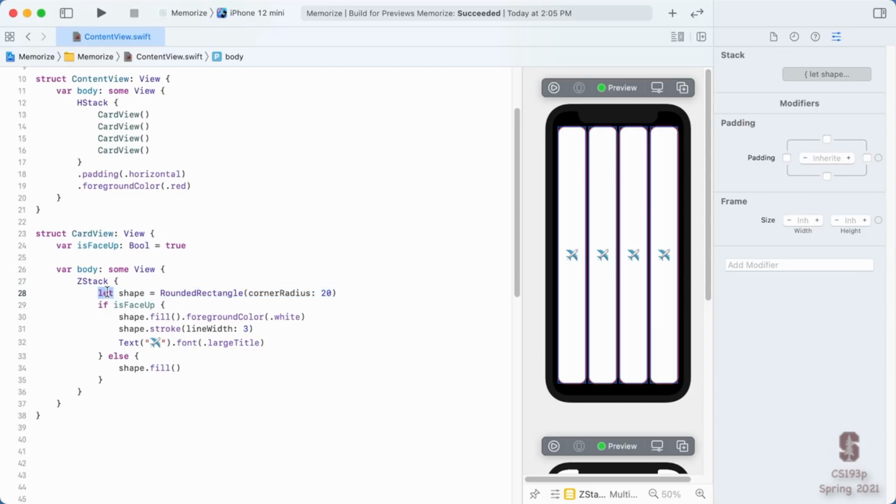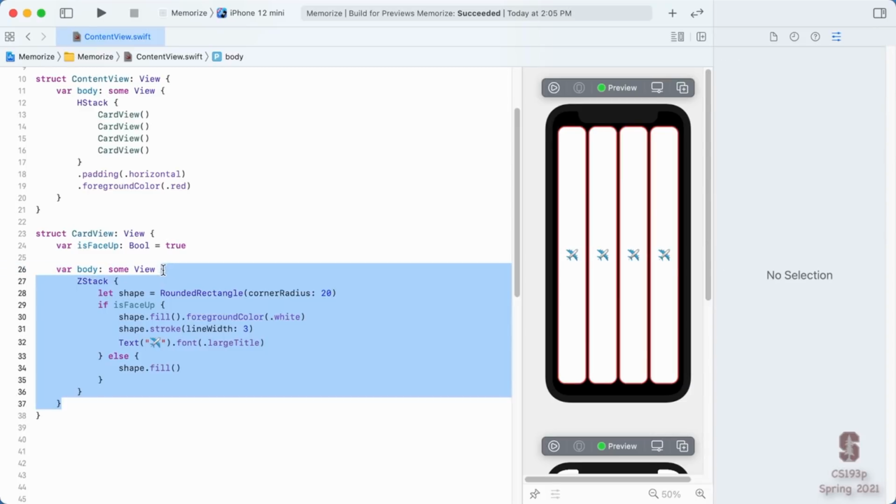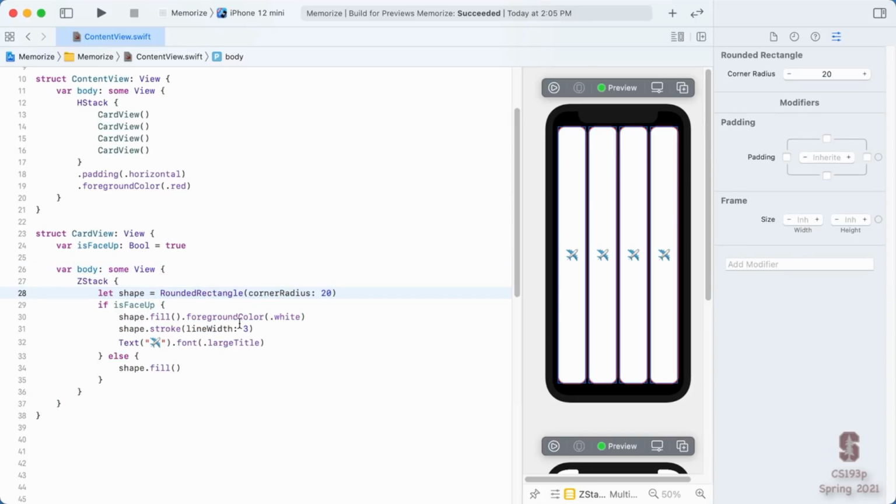So we always want to use let when we're defining variables that are not really variable, they're constant, and use var when they're variables. Now this is a var because it's changing every time someone asks for it, because it's executing this function to find the value. So lets are just constants that we set things to.